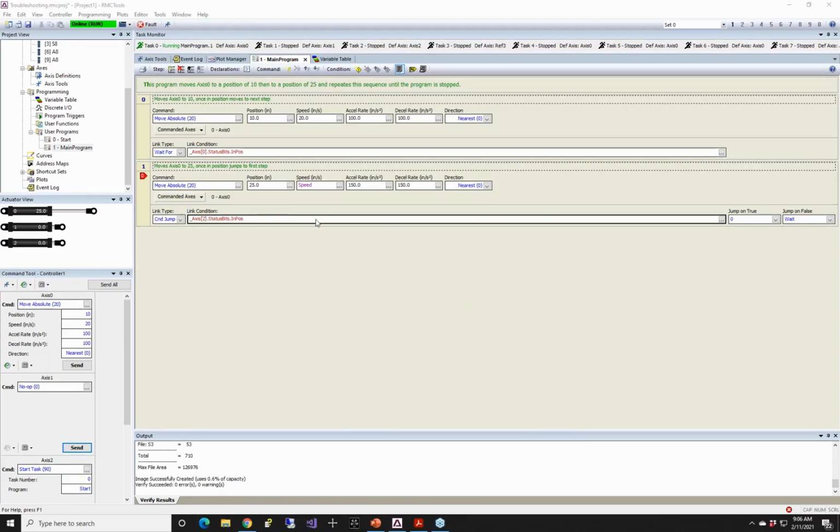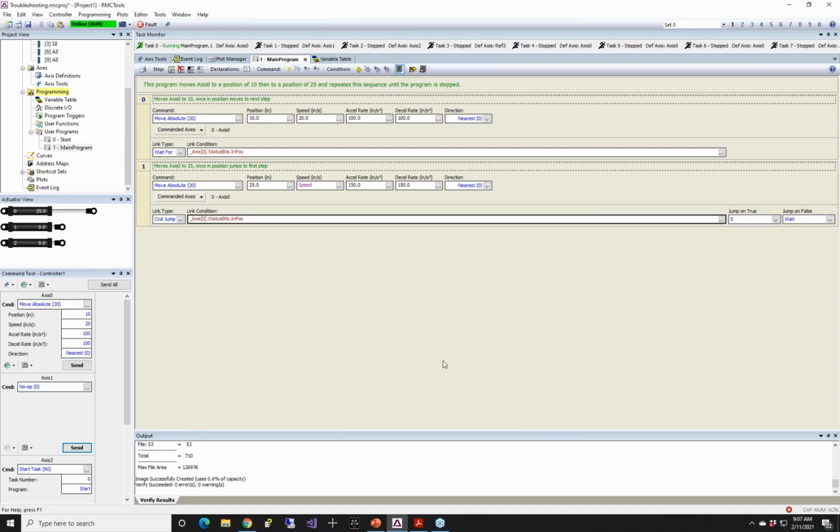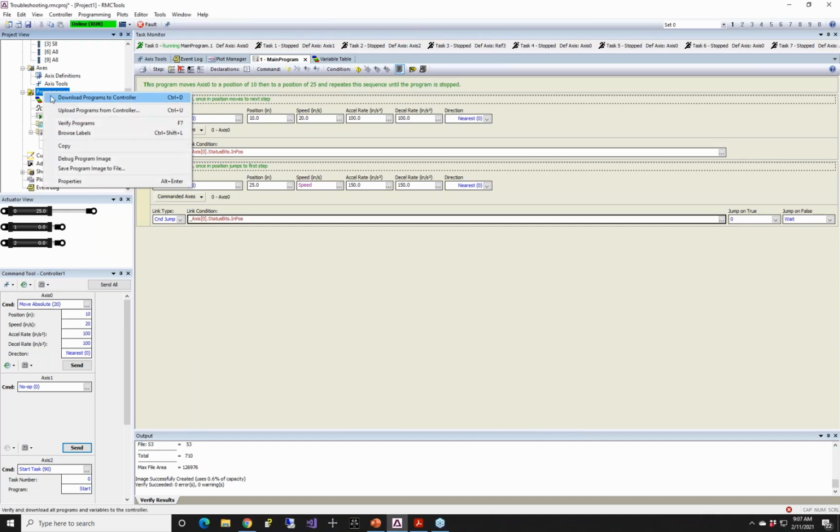Okay, so you had a second to think. What the problem is here is I'm moving axis 0, but I'm looking at the status for axis 2. Really easy mistake to make, and it's not always obvious that that mistake is happening. So I would change this to a 0, and click OK here. I'm going to download my user programs,